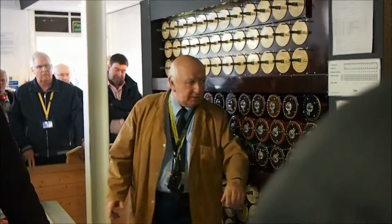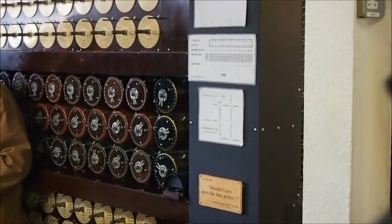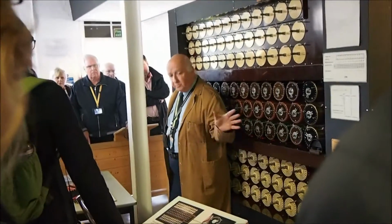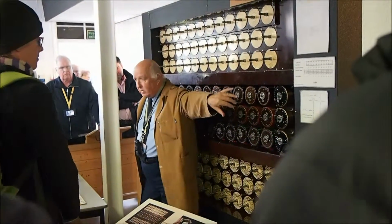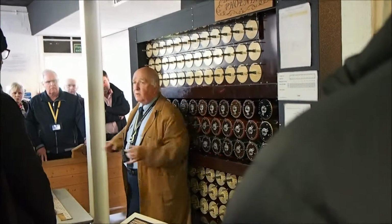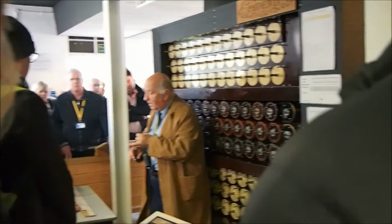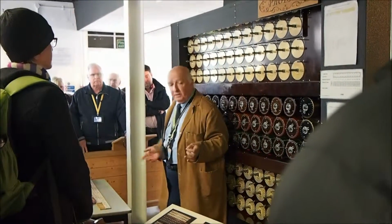Now when it stops, we've got three gold and black drums on the end there. And against the pointers we get three letters. That's the first piece of information we get from the machine. There's no printout to write that down. Now also when it stops, round at the side is a little window, and that will give us another letter and some other bits of information as well. And eventually all that information is going back to the code room. But before that happens,